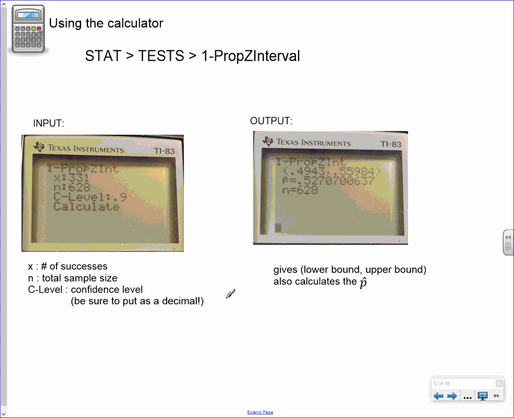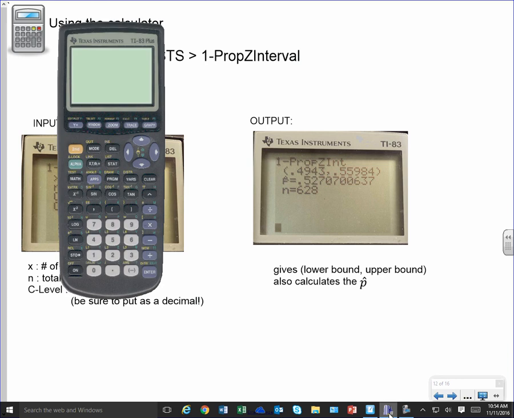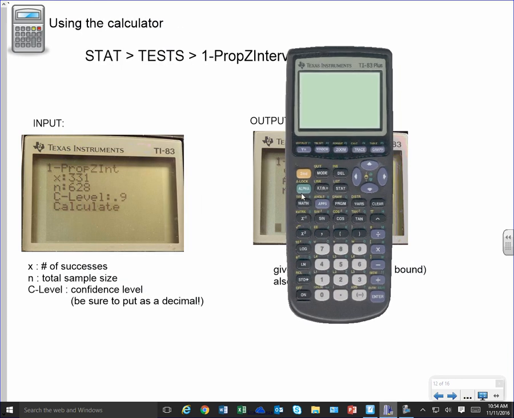Okay, how do we use our calculator to calculate these intervals? To do the confidence intervals in your calculator, we're going to use the 1 proportion z interval. Okay, and so to get that, let me bring up my calculator here. Okay, so to get this on your calculator, you're going to go to, let me clear this real quick. I'm sorry. You're going to go to Stat